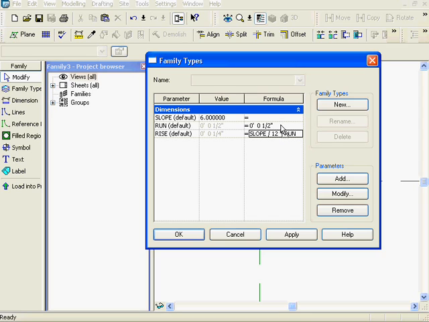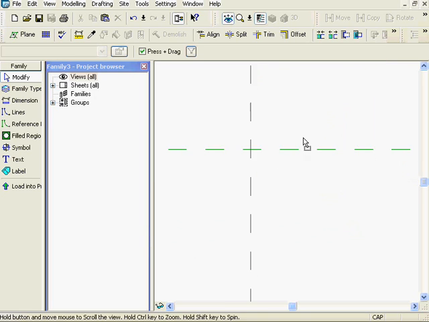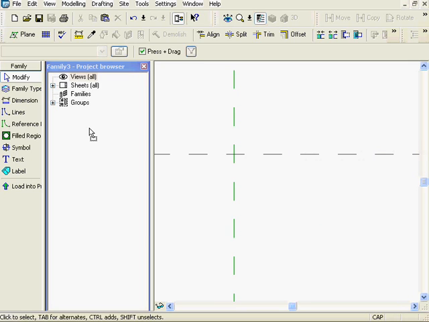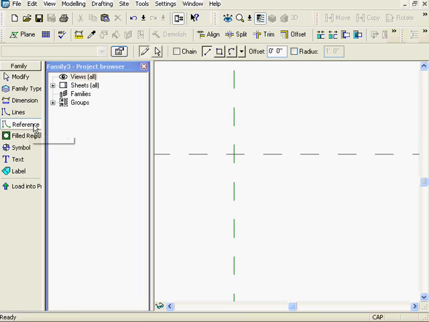Okay, and that way, by changing this number globally, it will change the whole size of the triangle. So watch, that looks good. So I'm going to hit apply, and I'm going to hit OK. And now I'm going to actually start to draw some of my geometry. So I'm going to draw some reference lines in. I'm going to draw a reference line right down